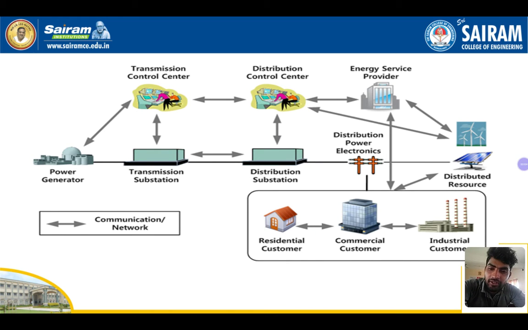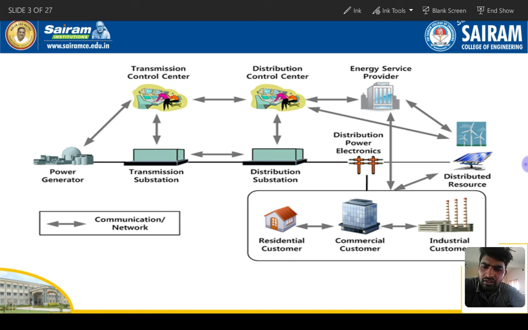Let us discuss the smart grid interconnection system. How does power supply go from the power generating station to the consumer side, how is it interconnected, and how is it communicated and controlled? There is a power generating station: a thermal, hydro, nuclear, gas power plant, or wind and solar power plants.